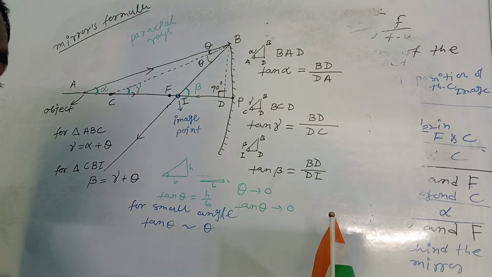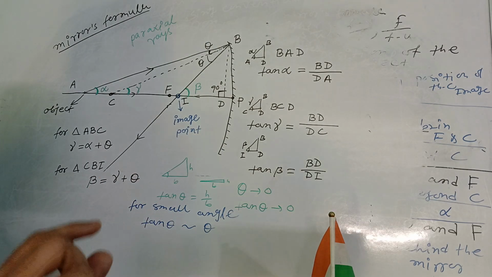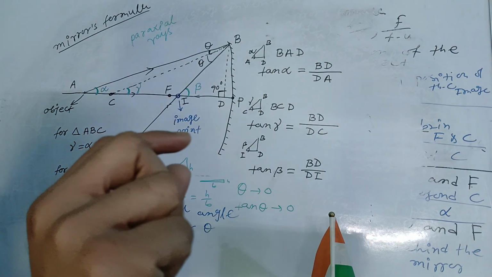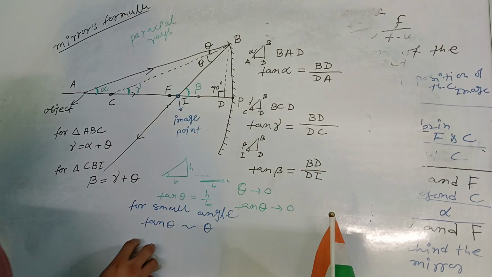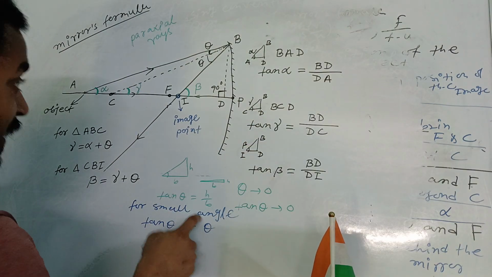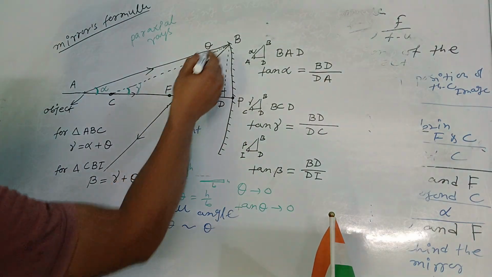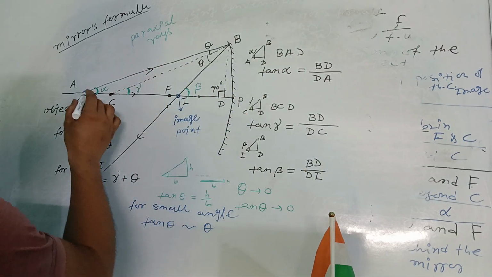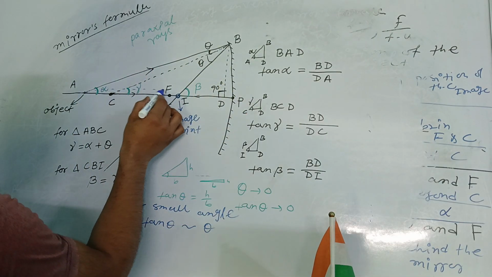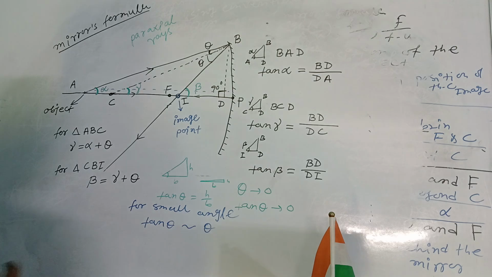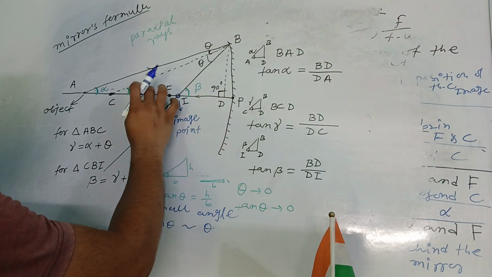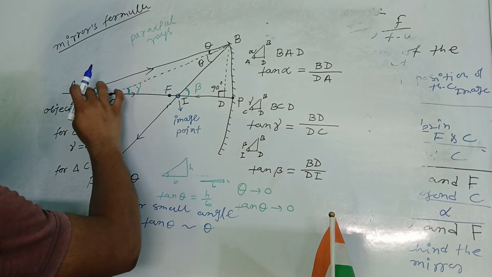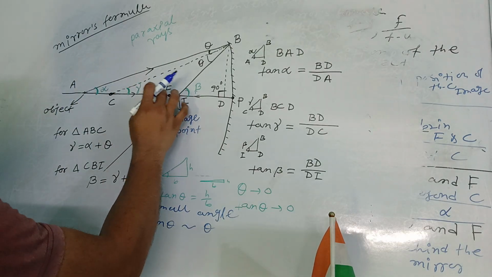The value of tan theta and theta are the same. When the angle is very near to 0, then tan theta is also very near to 0. So remember, for a small angle, paraxial approximation means this point is over here, and then we can draw a nearly parallel ray to the principal axis. That is the paraxial approximation. So under the paraxial approximation,